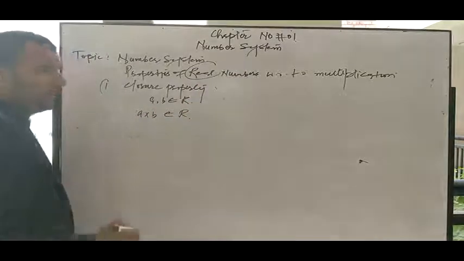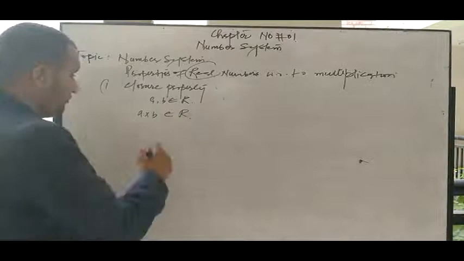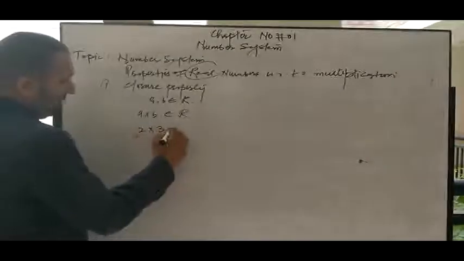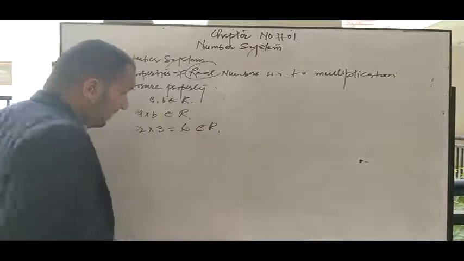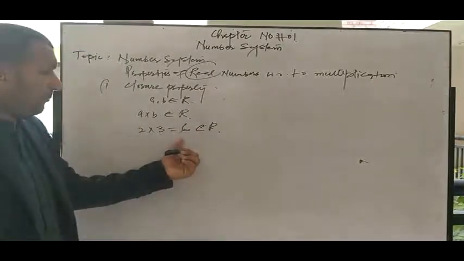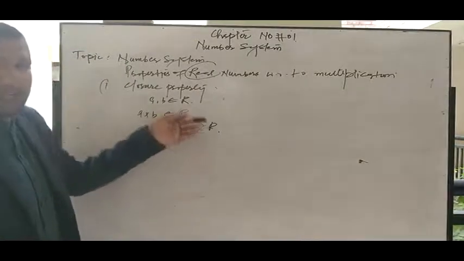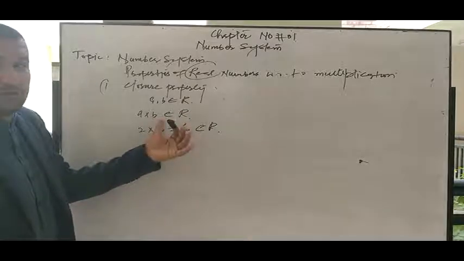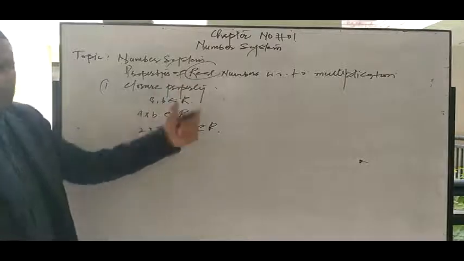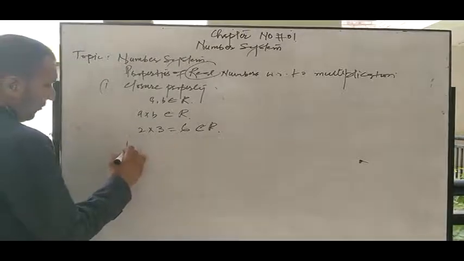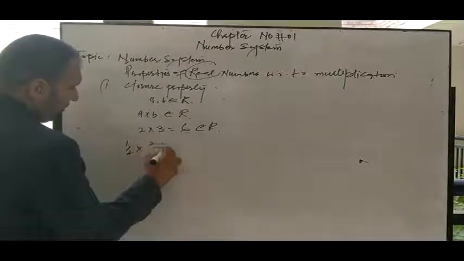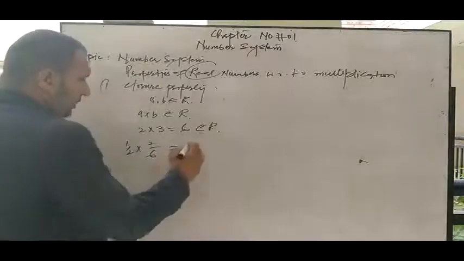First we take a direct number from integers. 2 multiply 3 is equal to 6, which belongs to the real numbers, because 6 is a positive integer, a positive integer belongs to the integers, integers belong to the rationals, and rationals belong to the real numbers. Then taking another example of a fraction, 1 upon 2 multiply 2 upon 6 is equal to, let's suppose,